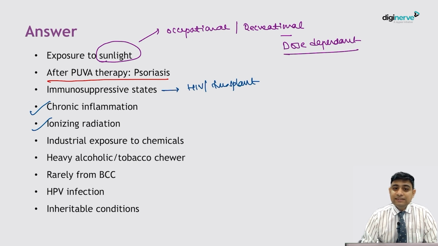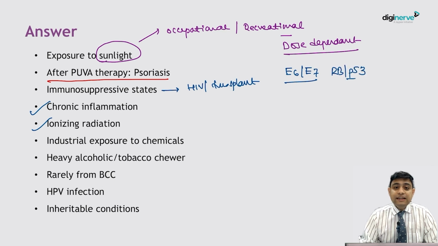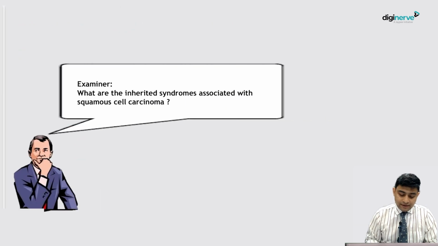The most common genes involved in human papilloma virus are the E6 and E7 genes, which affect the retinoblastoma and the p53 genes due to the infection with human papilloma virus. Of course, there are vaccines available for these patients, Gardasil and Cervarix, okay, in squamous cell carcinoma of the cervix. There are also various inheritable disease conditions that can cause these malignancies in patients, okay. So what are the